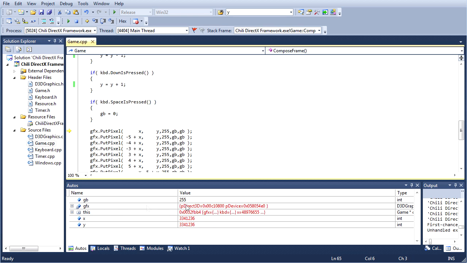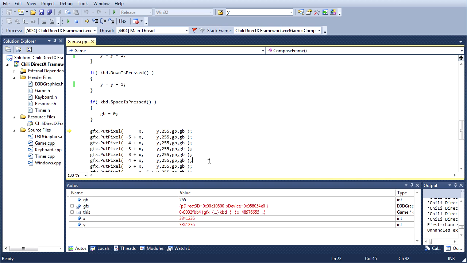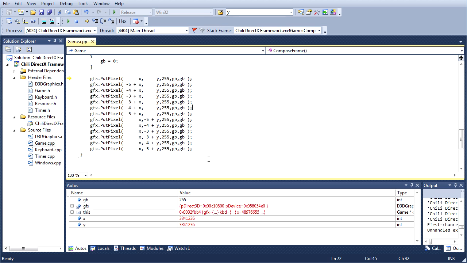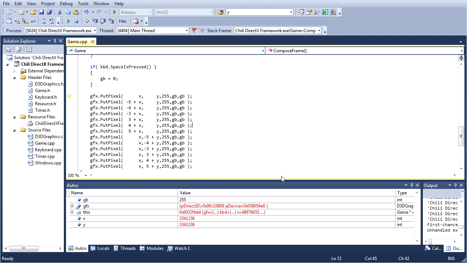Likewise, other variables have these values. And here we have our x and our y. And their values are set to 3,341,236. Yeah, so that might be just a teensy-weensy bit off the boundaries of our screen. And that could go a long way to explaining why we got an unhandled exception.